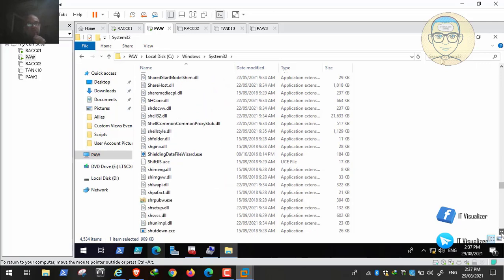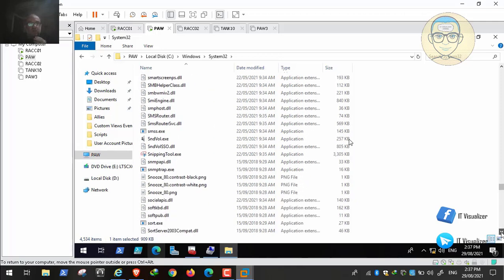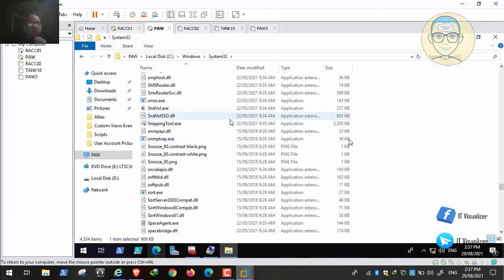So I'm trying to search it. Even I can search it from here anyway. So we will go and see, or I will check it also from up there. If you see there is something SNMP or something, but anyway, we have two. We have SNMP trap.exe. I don't know if this is related to the SNMP, but we will check the Windows